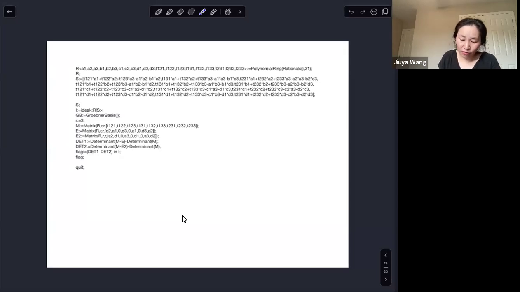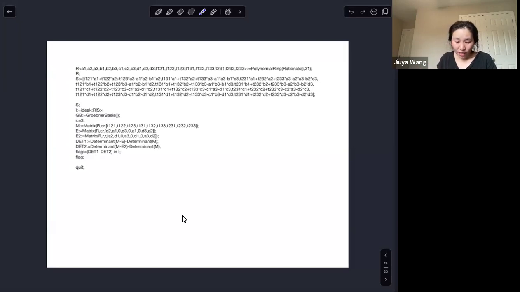For R equals 4, for example, it already ran for 1 week in Magma in 2021. The bottleneck is that these Gröbner bases for the ideal computation are very slow. The point of showing you this code is that